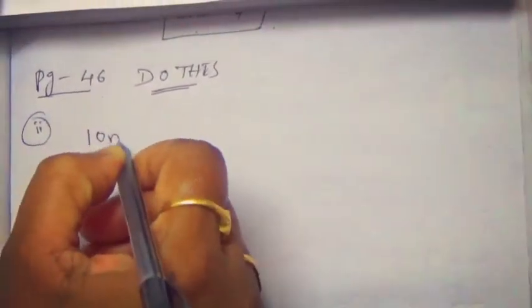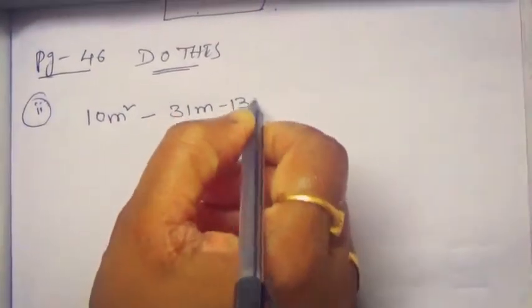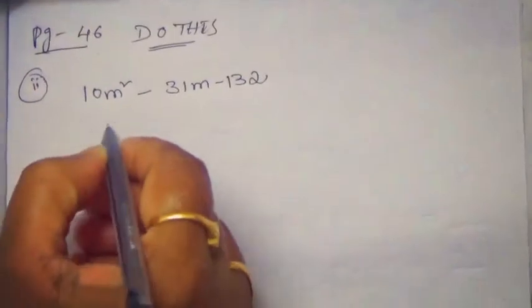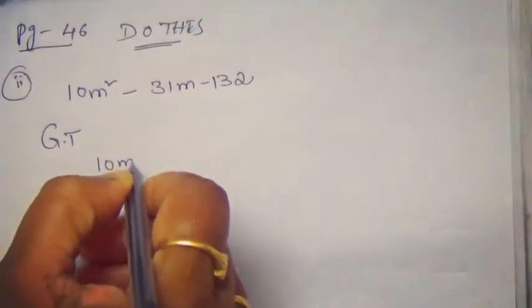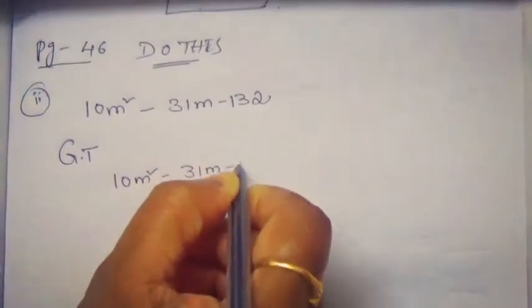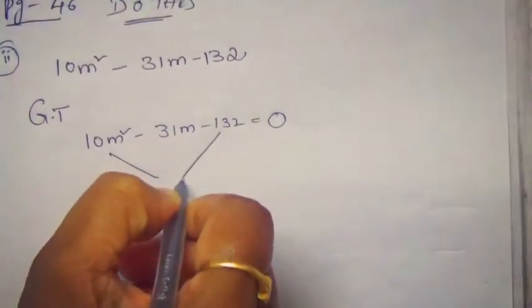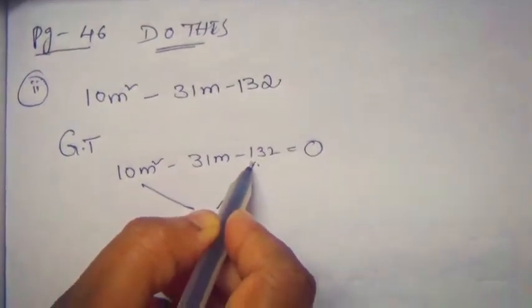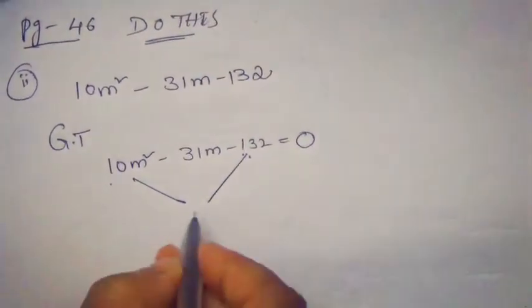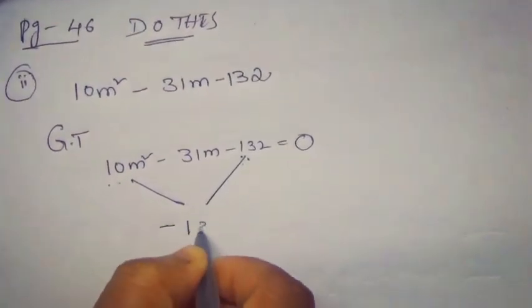Okay, the second one: 10m square minus 31m minus 132. Let us take this as given: 10m square minus 31m minus 132 is equal to 0. Let us do the factorization for these. So multiplication of this minus 132 into 10m square. It is positive, it is negative. The product of these two is negative, that is 132